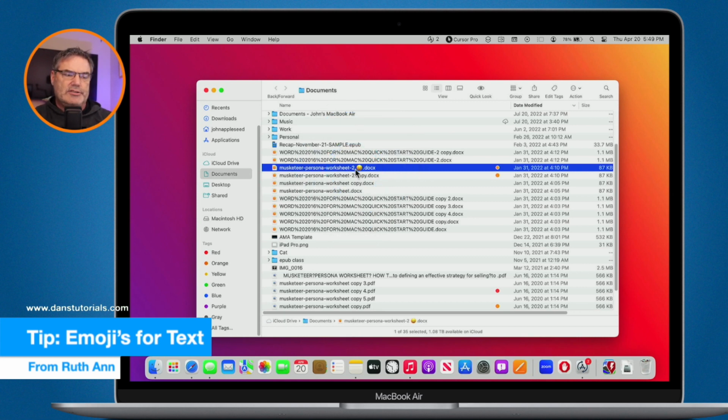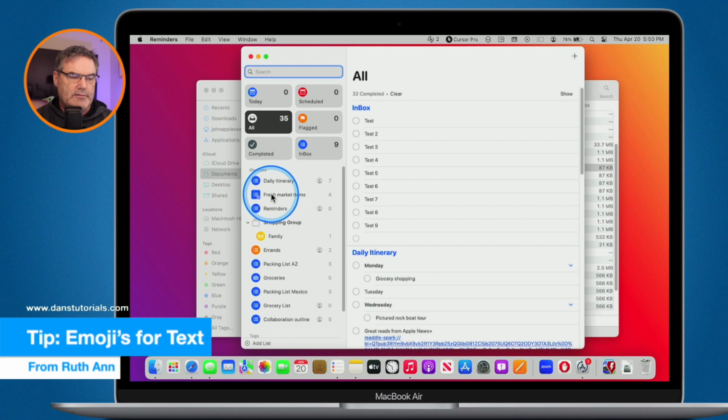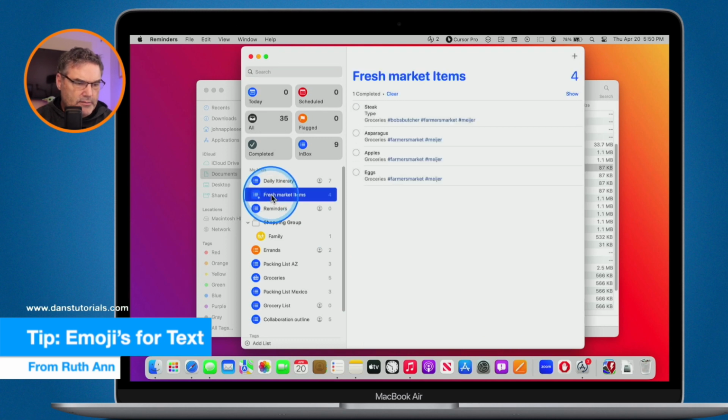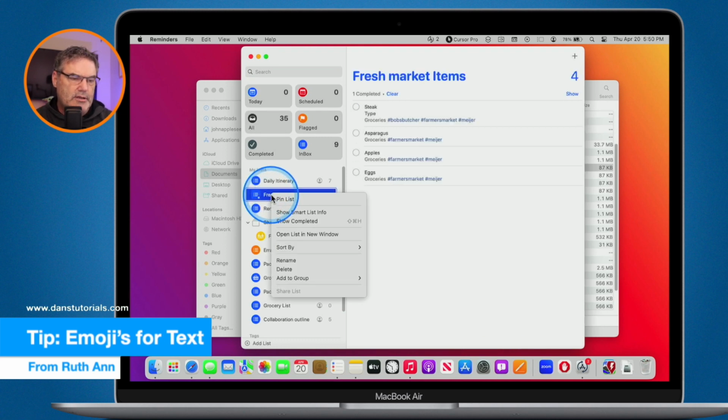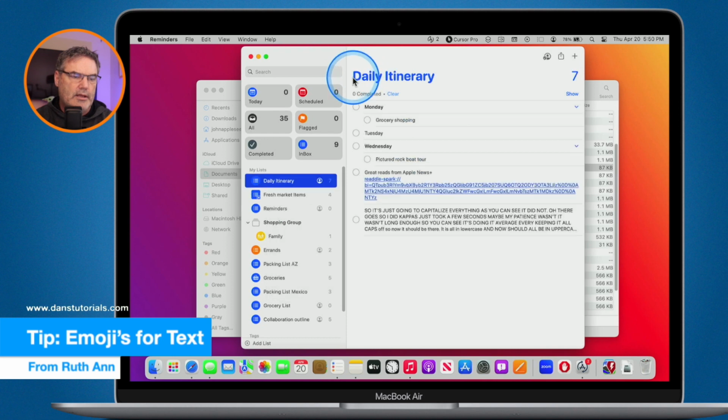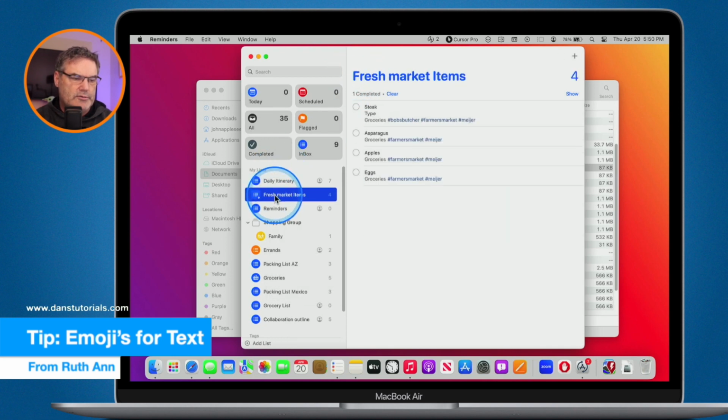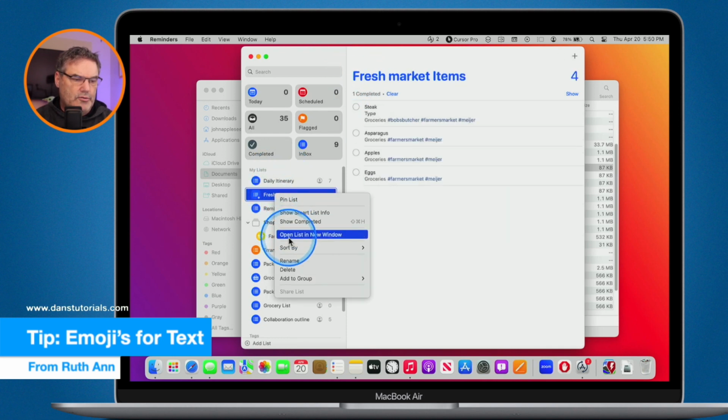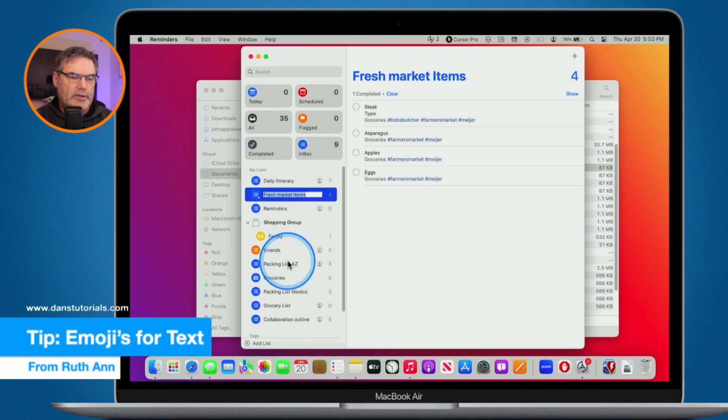And you can take this a step further and use this in reminders for your lists. So you can go over here to your lists and, fresh market items. So really that should be fresh market items. And I'm going to rename it.